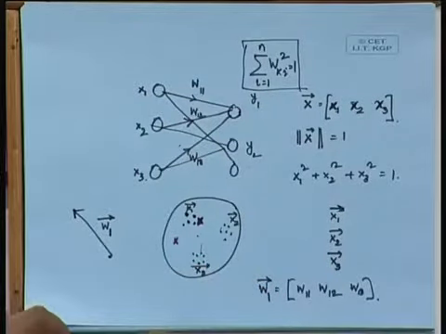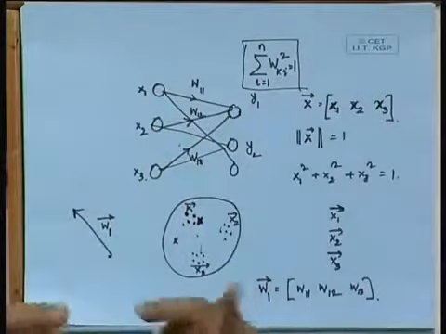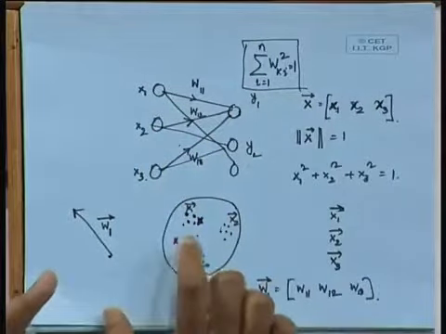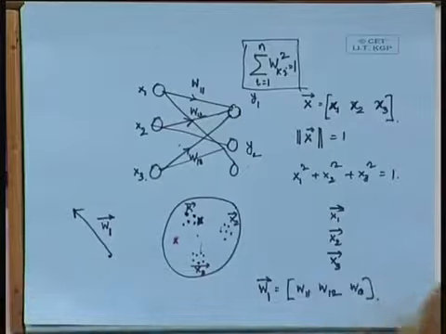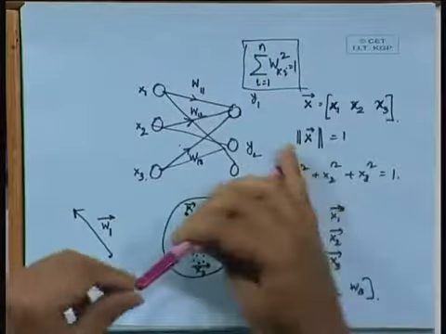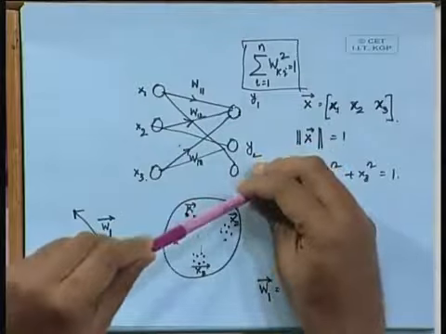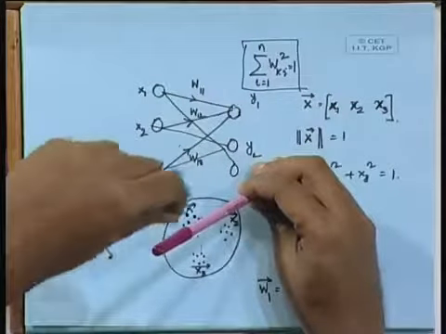But then what are we going to do? We have to steer this vector towards the pattern that has caused the output neuron to be the winner. Supposing this is the vector that we have over here, and the winning pattern is this. What we have to do is to steer this vector and align it towards the winning pattern. Is this understood? Anybody having any doubt on that? So, that is exactly what we are going to do.